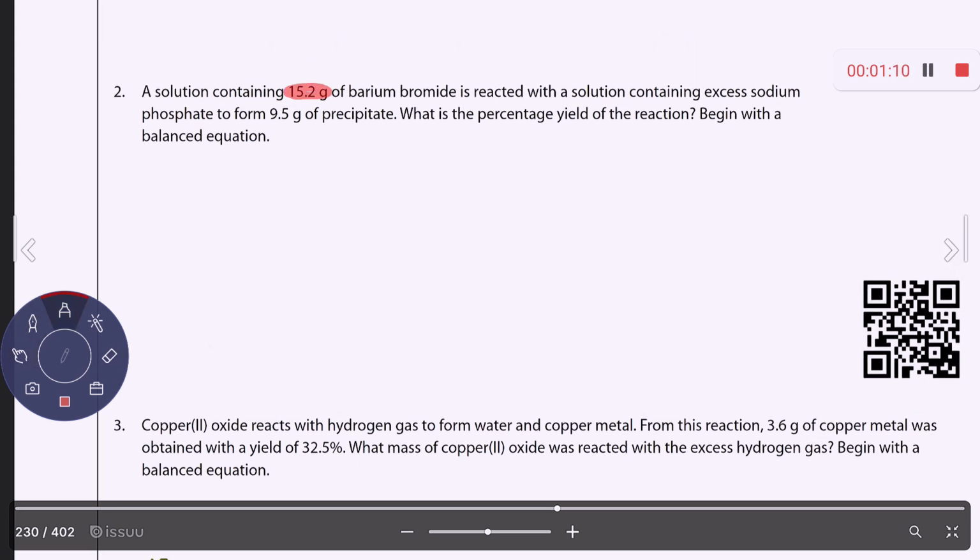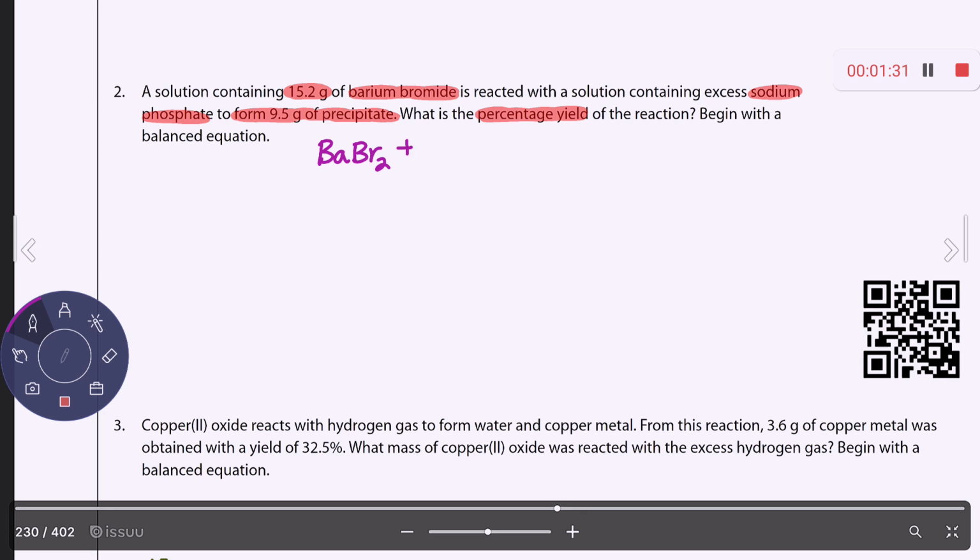Number 2 says you've got 15.2 grams of barium bromide reacting with sodium phosphate. This is not a limiting reactant problem, okay? You're forming 9.5 grams of precipitate. What's the percent yield? Okay, so barium bromide is